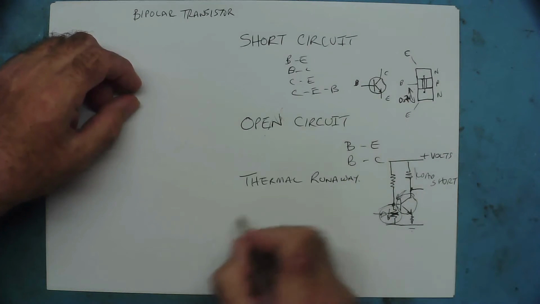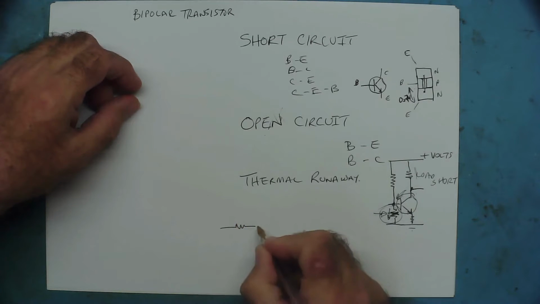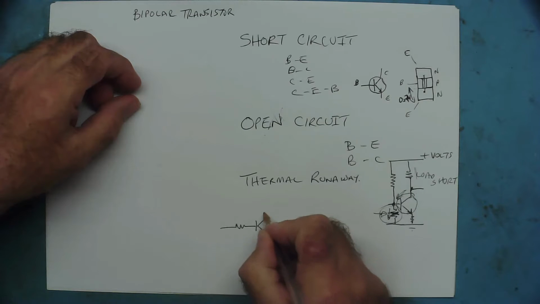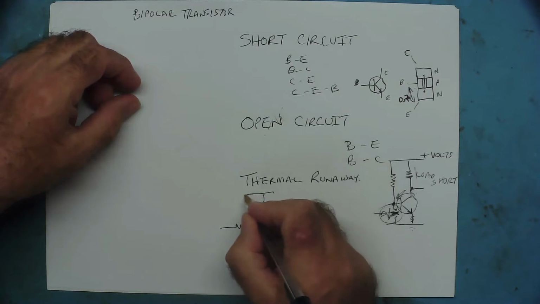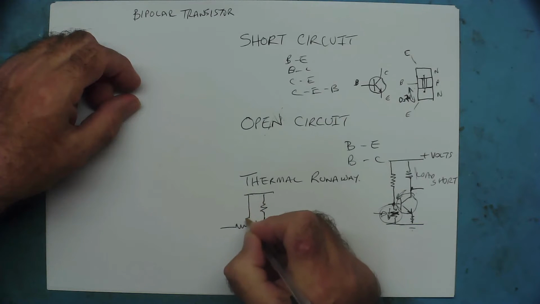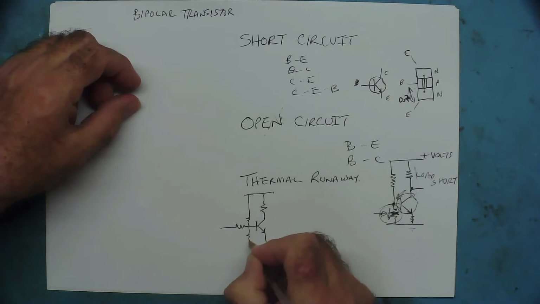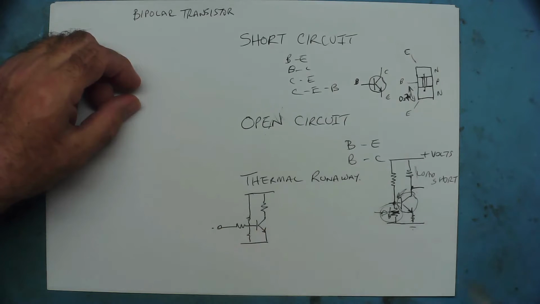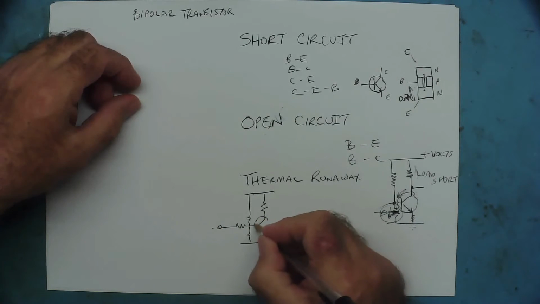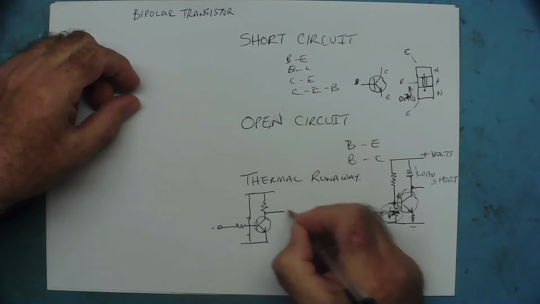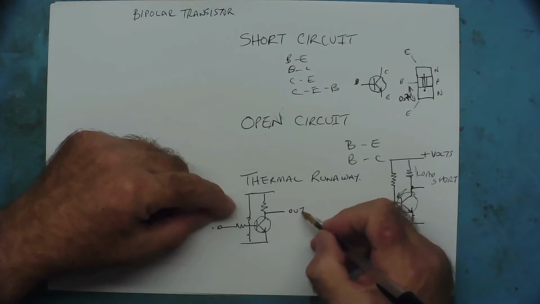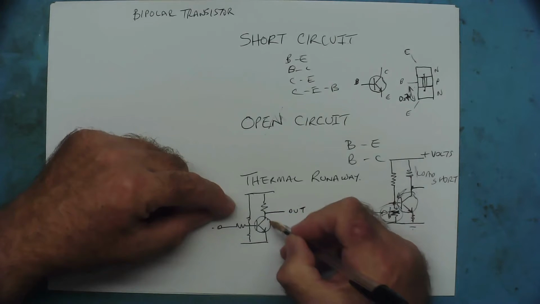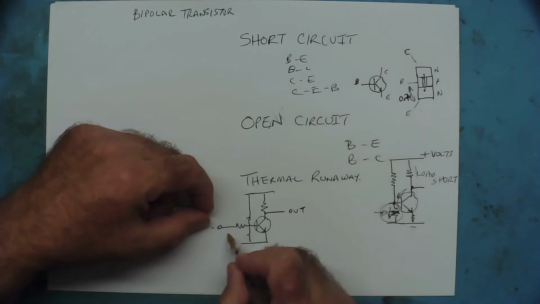When you have a transistor in a circuit, like so, and we've got a bias voltage on here, put the bias voltage in, and we've got a signal coming in here, out, right. Basically, the amplitude of the out voltage and the current flowing through the transistor is dependent on the